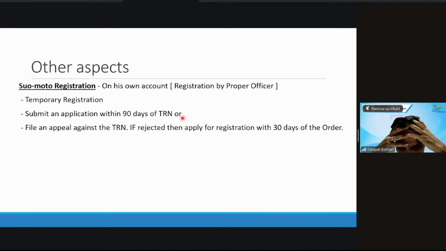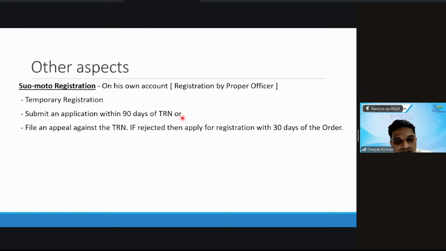In suo moto registration, they may pay extra interest to the officer. Not extra interest, they will give a registration. Then the officer will determine the liability and then you have to pay the tax and interest, etc. But registration per se, you don't have to pay anything. For the purpose of registration, you don't have to pay any tax. In case of a notice from the department, yes, various cases, they may give this.